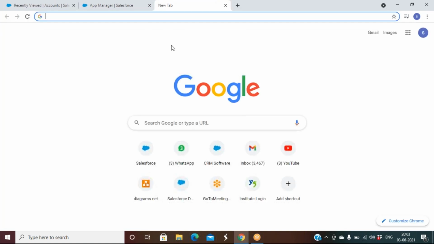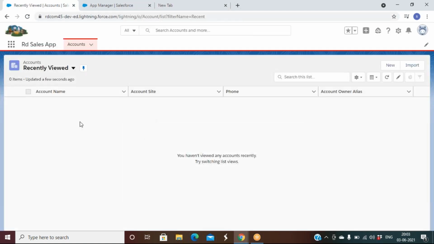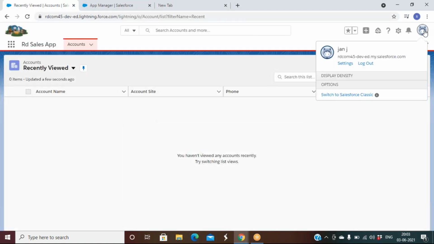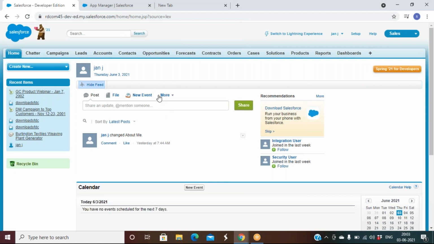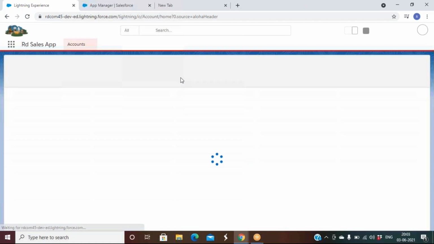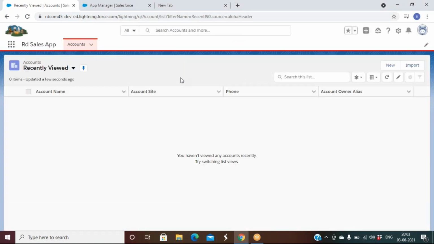Okay, so fine. Is there a preference that any company uses? Are they more switching to Lightning? They will use any one. They will not use both. Either they will use the complete application through the Lightning environment. See, this is how Lightning looks. If you want to see the classic, you can go to the classic. So either you can operate your complete day-to-day activity through classic, or else go with Lightning. I have not seen a customer who is operating both. They will go with any one of them.